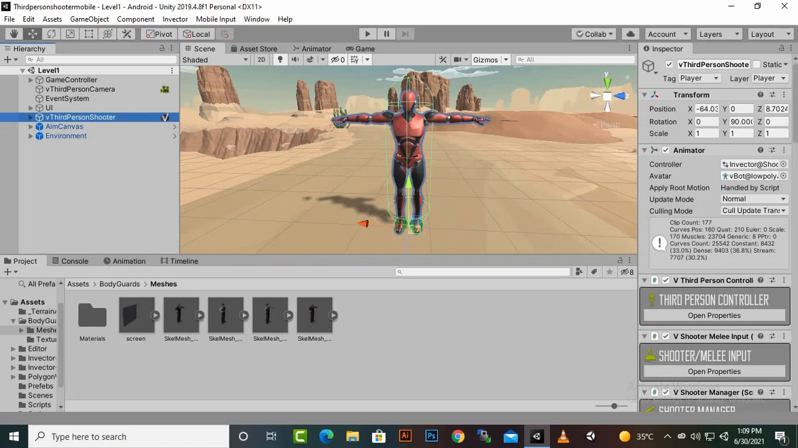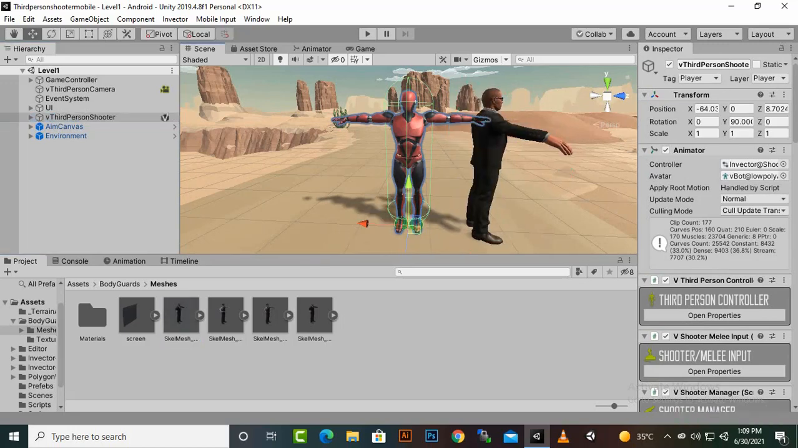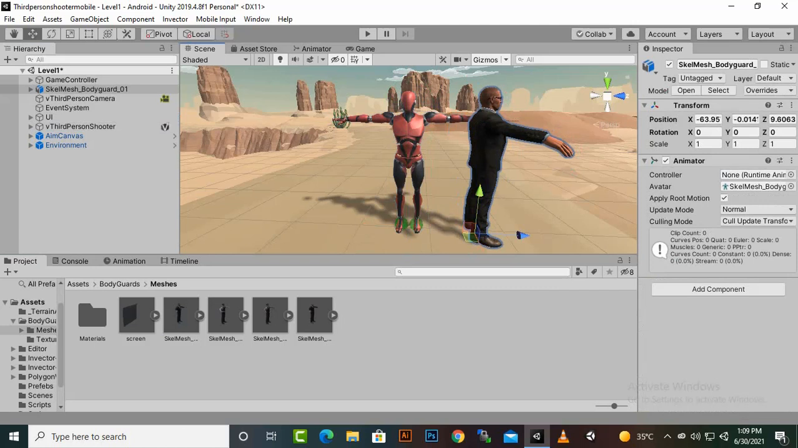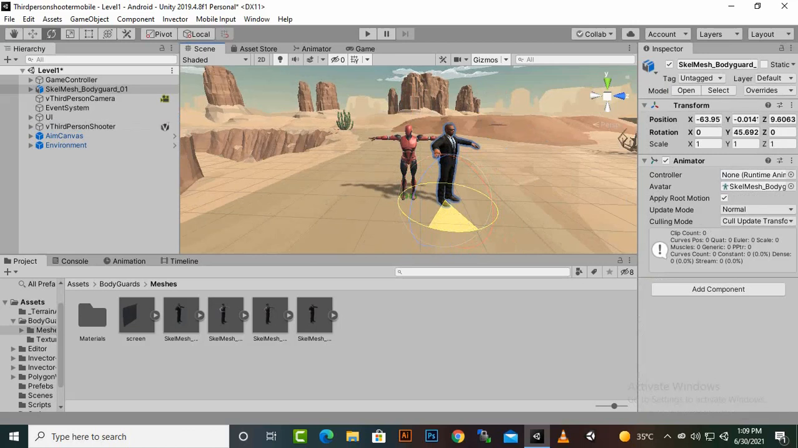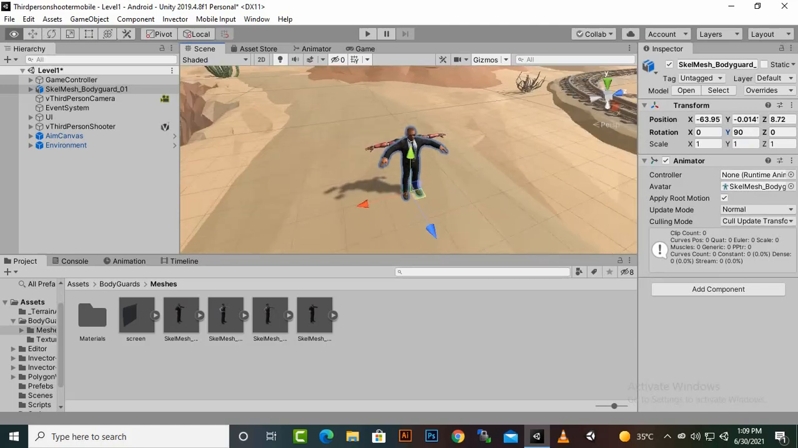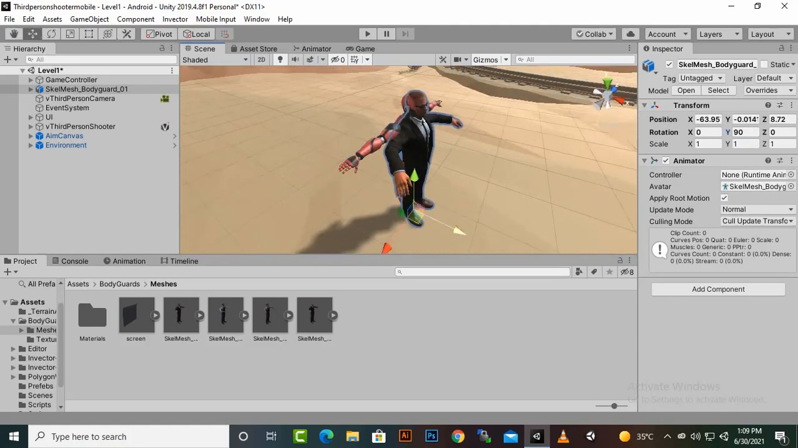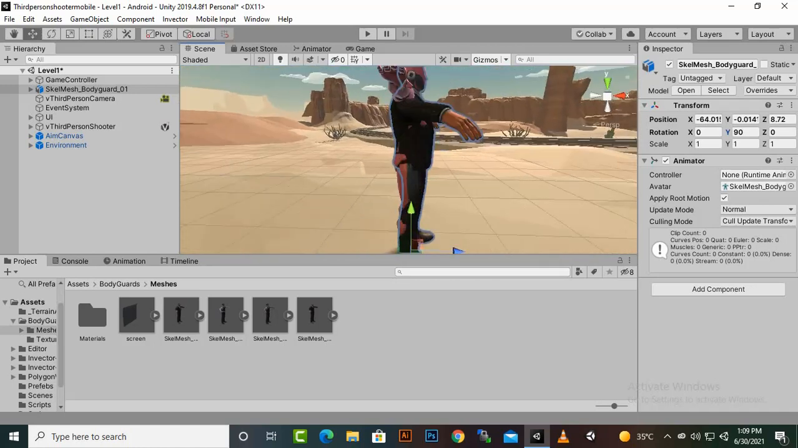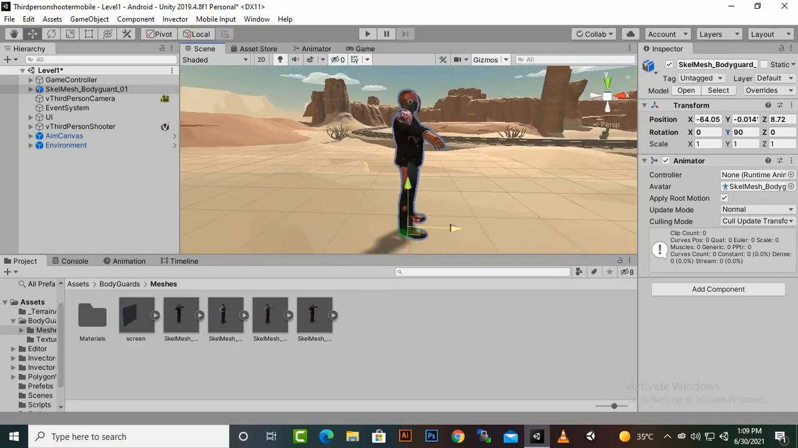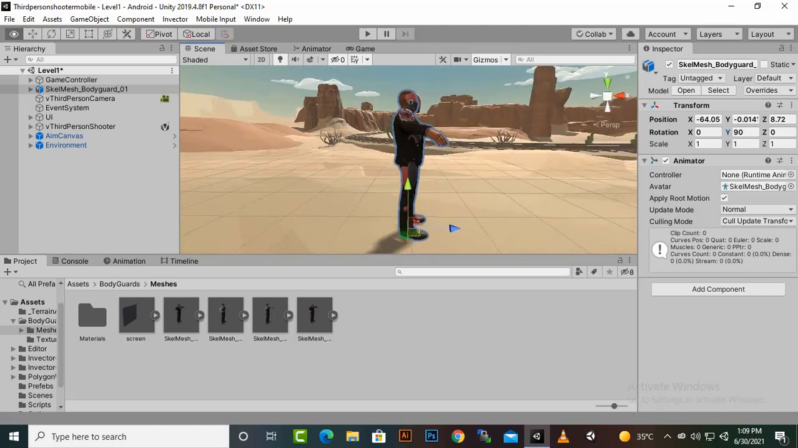So we can just change the mesh of this player. We will choose our desired mesh, whatever we want, and I will use this one. That's look nice, and we can just rotate it to 90 degree, and then we will place it at the position where we want. So you can just make it as accurate as you can,